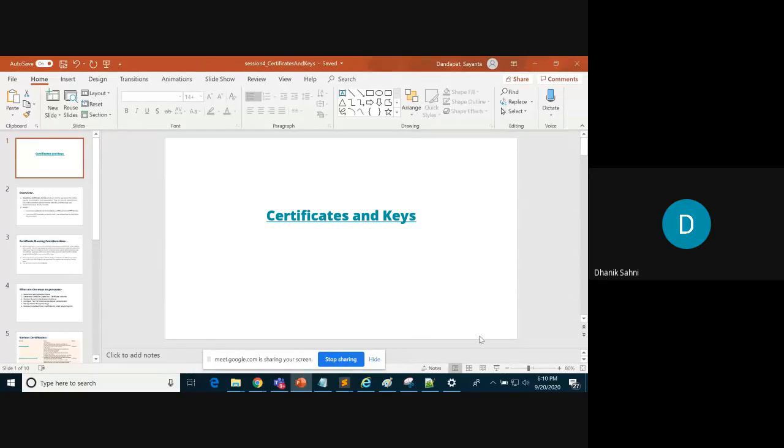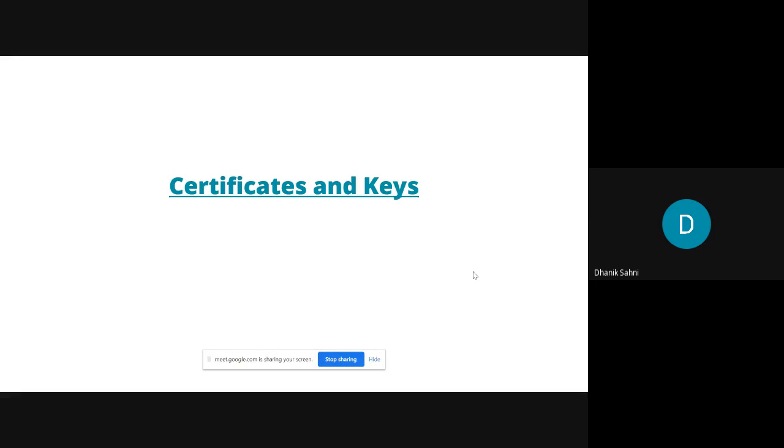Okay. So now, before we do a deep dive about certificates and keys and what are the options available inside Salesforce, let's try to understand the concept of certificates and keys first. Now, in our daily routine or in our entire student life, basically we receive a certificate when we achieve something